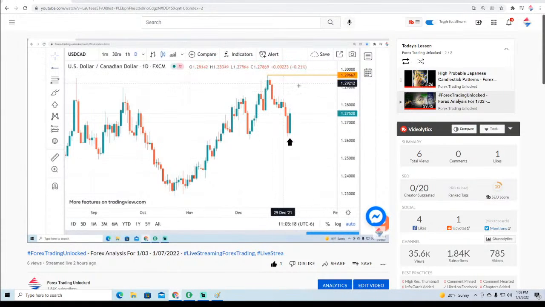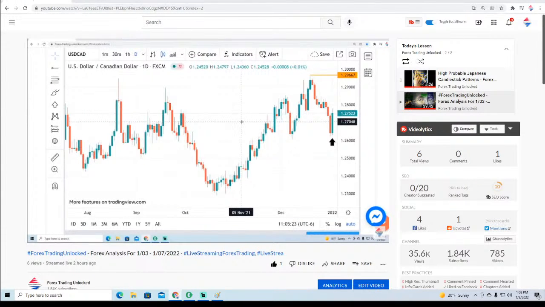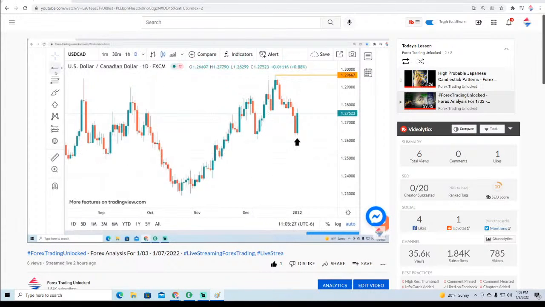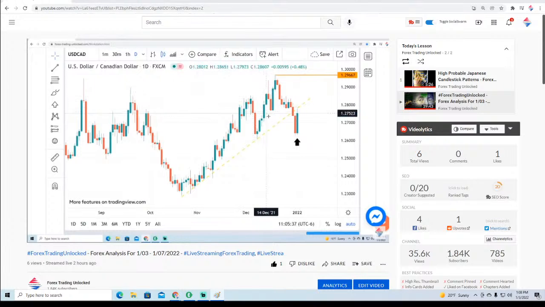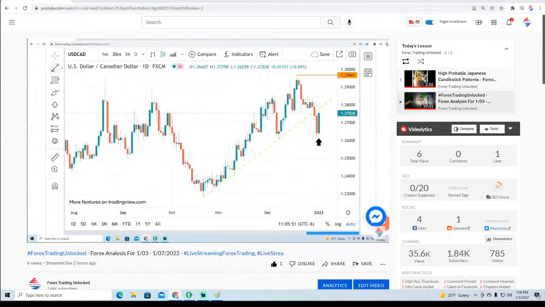Is this top going to be challenged and taken out? It could be, but we're still viewing the US dollar Canada has been a wide range trade for months. Now the question is it really a bull or is it a bear? So if we look at support here from the last swing low down to here, well, we've taken out, as far as this upside correction, we've confirmed at least a neutral environment from this taking out of this upward sloping support line. Or we could be basing. If you look at